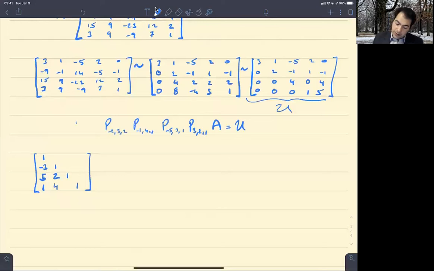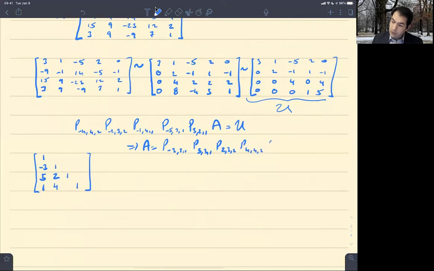And then P-4,4,2. Okay, so hence A is equal to P-3,2,1, P5,3,1, P2,3,2, P4,4,2 times U,